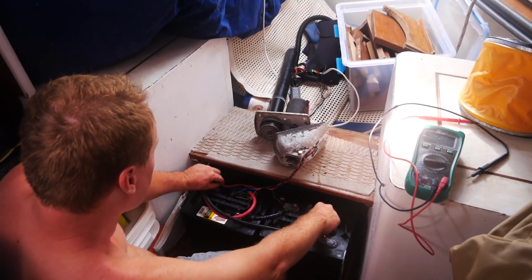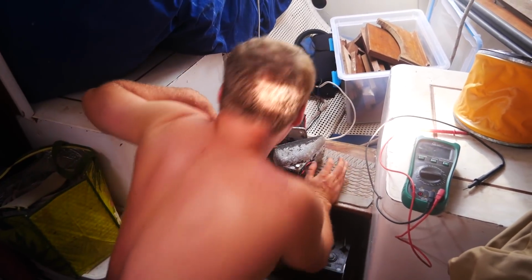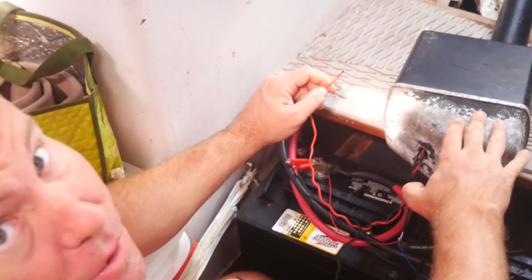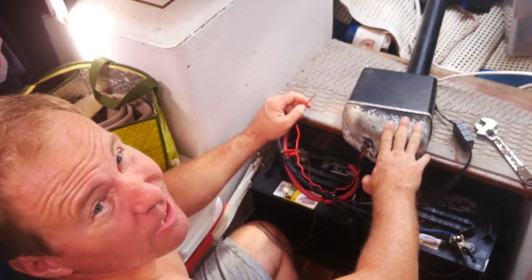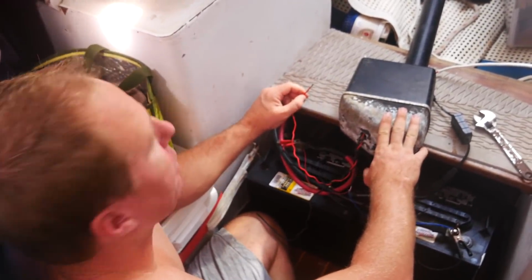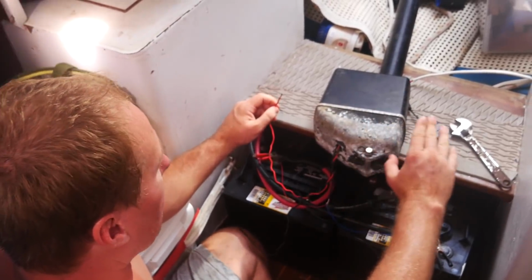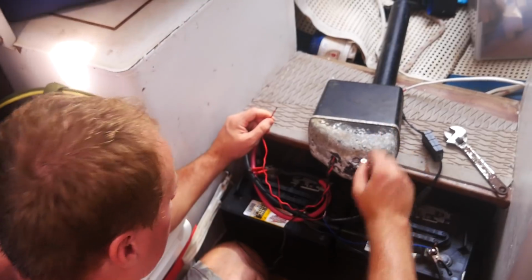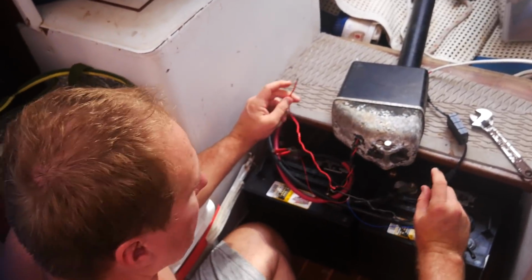Yay. Sounds like it works, at the moment. So we got to learn a little bit about these linear drives from our friends on SV Nutshell, a couple of Aussies on a Hans Christian 43 rider. Yeah, in Chiapas, and they're heading up to the Sea of Cortez this winter. But he's done a lot of work with the Raymarines for like 30-something years, and he gave us a lot